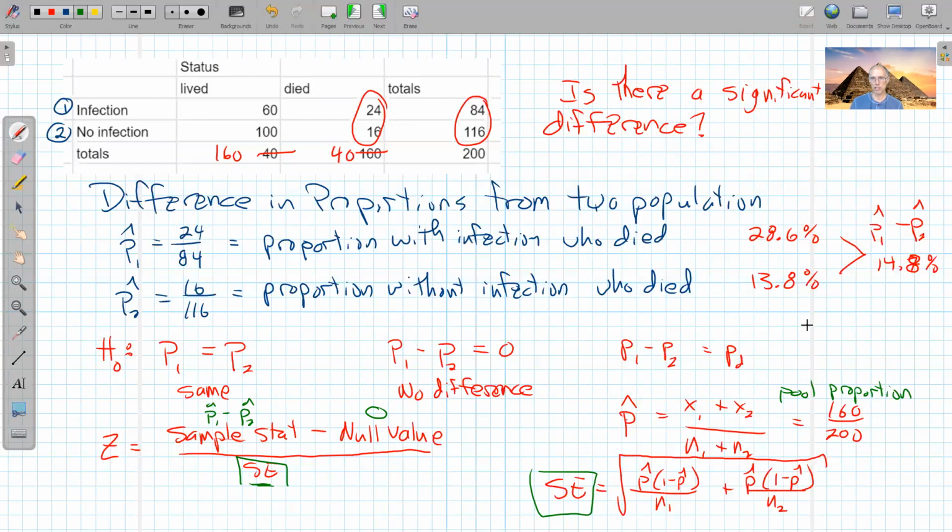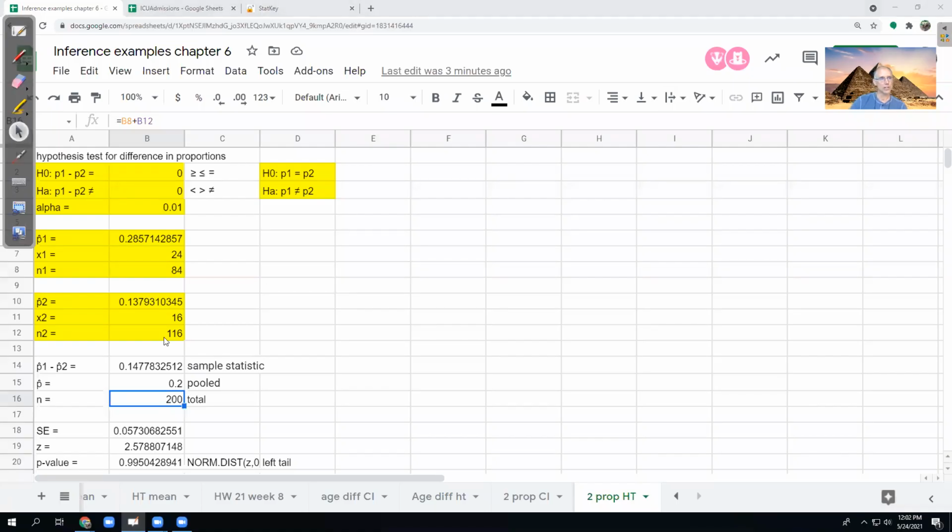All right, so in my spreadsheet, again, I entered my sample data. I got P1 and P2, so I could get the difference. I needed P1 and P2, so I get the pooled proportion. Actually, I needed X1, X2, N1, N2 to get that. All right, so I highlight information that's given for the problem, and then there's all the other stuff I had